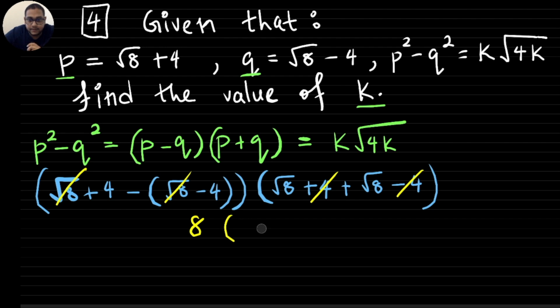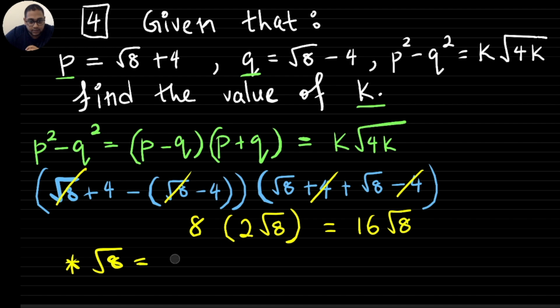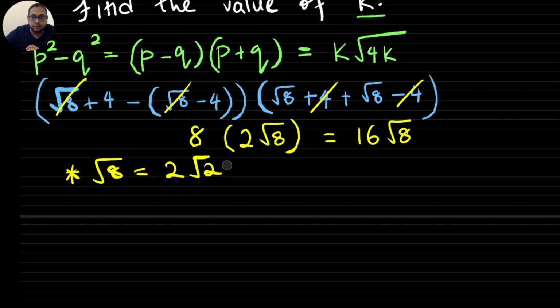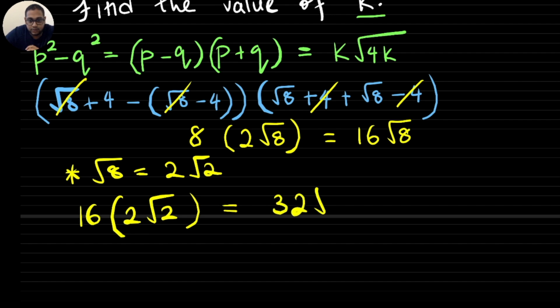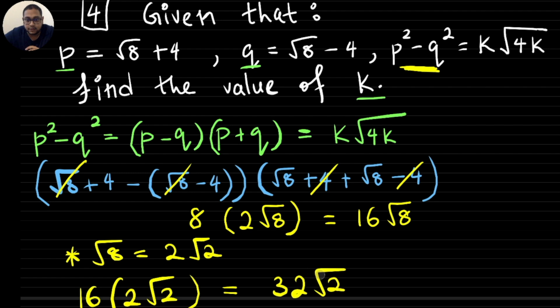multiplied by root 8 plus root 8 would be 2 root 8, which means we have 16 root 8. As you have root 8 on the right hand side, we know that root 8 is equal to 2 root 2. If I substitute 2 root 2 instead of root 8, we now have 16 multiplied by, I'm going to use a bracket, 2 root 2, which means I have 32 root 2, which means 32 root 2 would also be